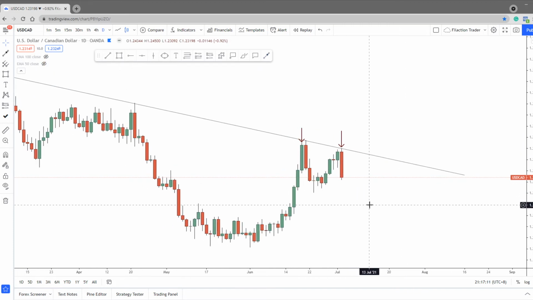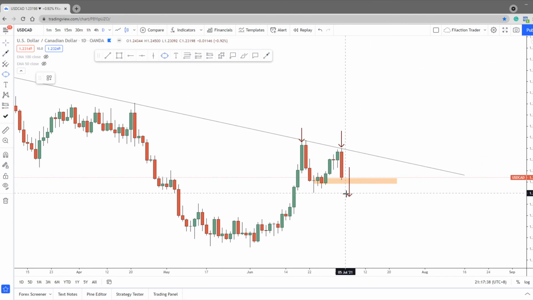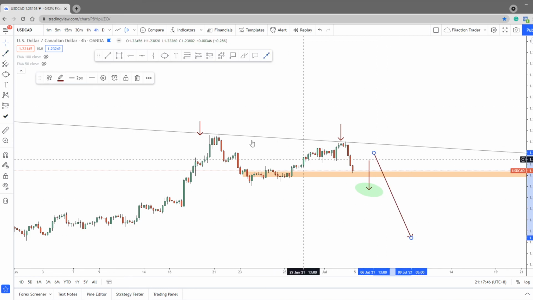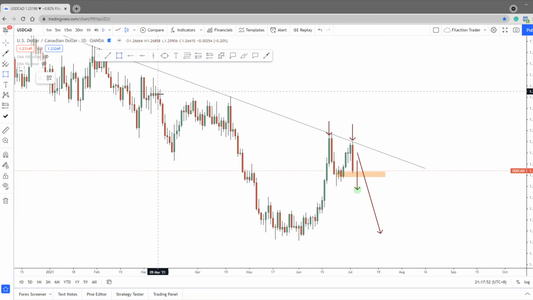So in order for us to scale down again into a sell signal, we need the market to show us some evidence or signal of downtrend continuation. First of all, we need a new low to be formed. We need the market to break this low and form a new low here. Once this new low is formed, we can start to scale down to look for a short signal, and the take profit area can be up to the previous low or the previous support zone of this